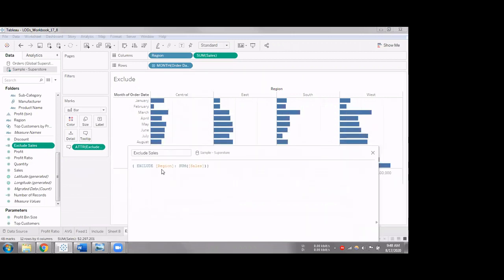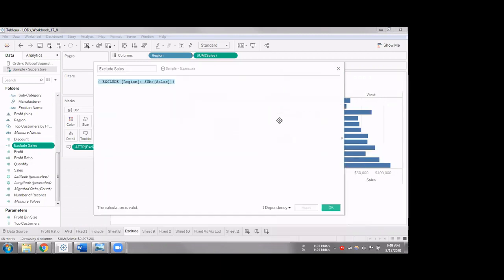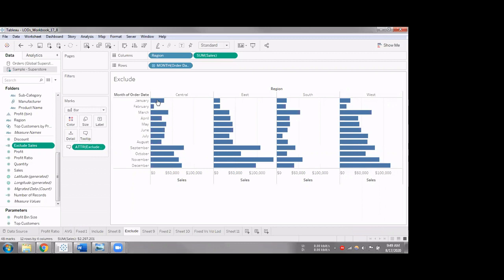From the level of detail that is in the view, you can exclude one or more dimensions, or the details that you don't want, and then perform the calculation at that level. So here we are doing the calculation at the month level, and then we click OK, and that value is shown here as 94,925. It remains the same as long as we are on the same month, since the calculation will remain the same. This one is clear, right? Yeah.